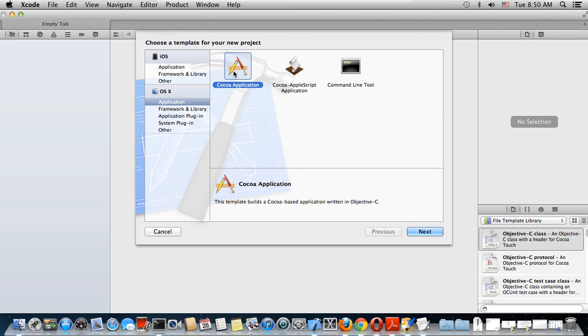Now next I have a Cocoa AppleScript application. It's the same, but instead of using Objective-C, you write using AppleScript. This I don't know about yet. And I have the other way, which is